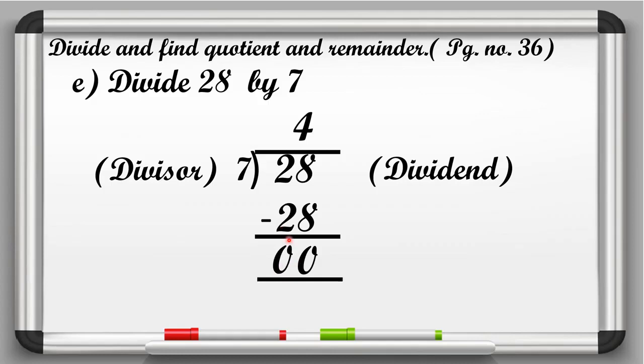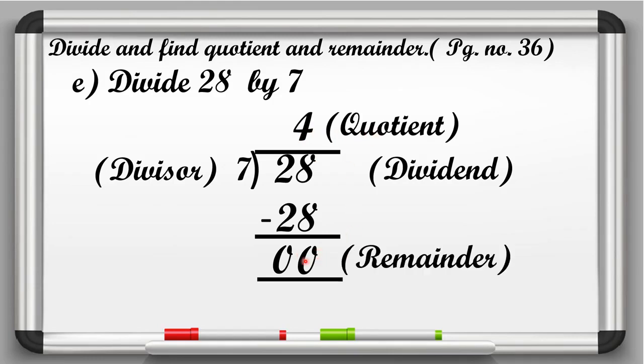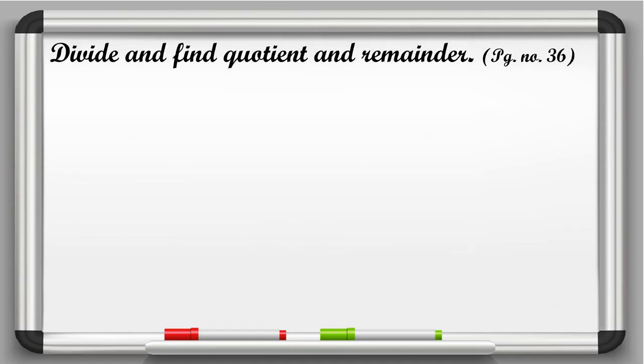So in this question we have quotient is 4. So we'll write here quotient and 0 is the remainder. Okay. So बेटा ये जो क्वेश्चन है इसके अंदर जब 0 रिमाइंडर आता है, इन सम्स को हम क्या बुलाते हैं? विदाउट रिमाइंडर सम्स. So here we will write its answer that Q is equal to 4, and R is equal to 0. Clear?